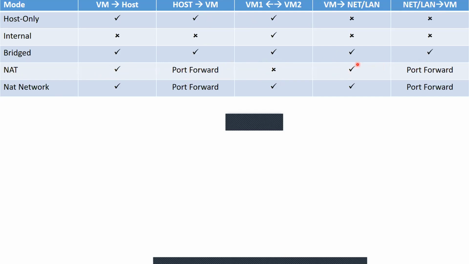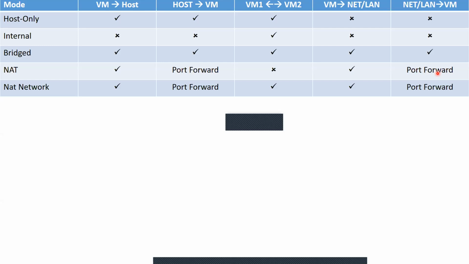Virtual machine to internet is possible, but for internet to virtual machine, you need a port forward. This is how you are going to use NAT.